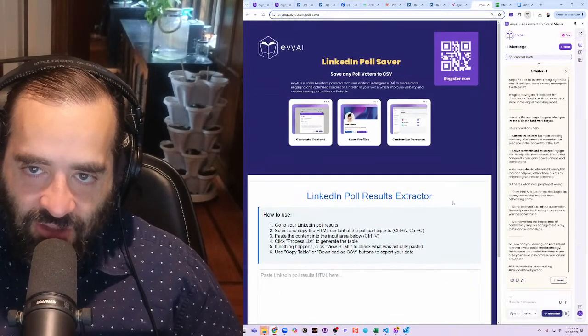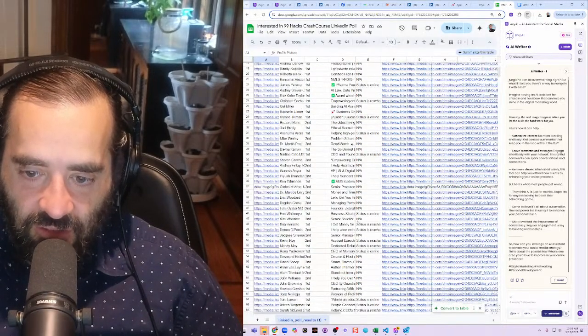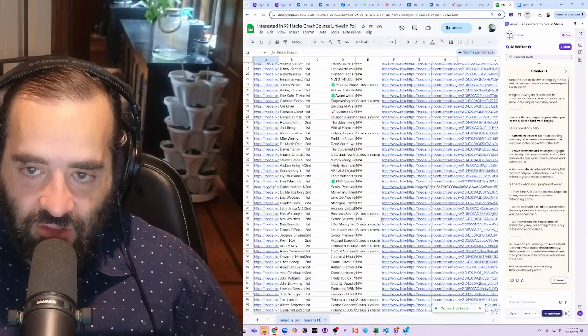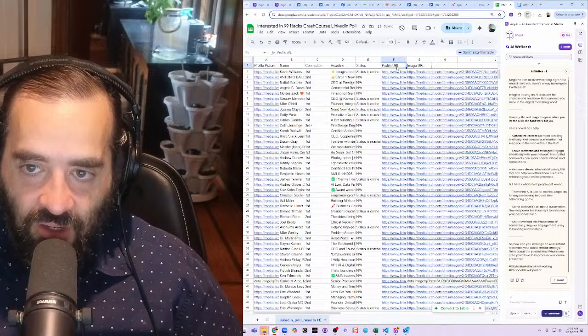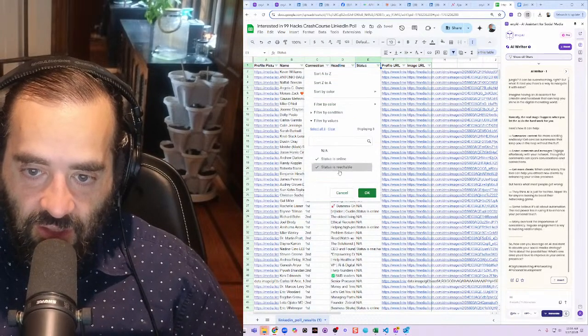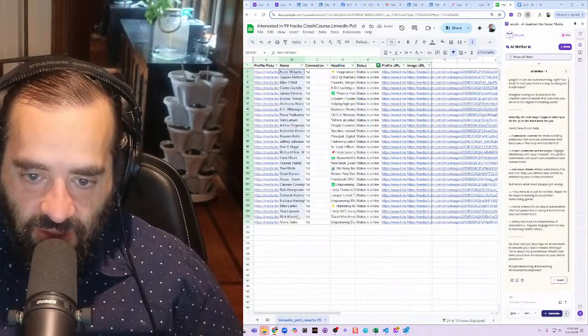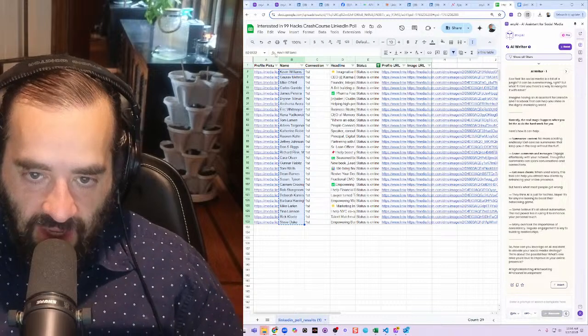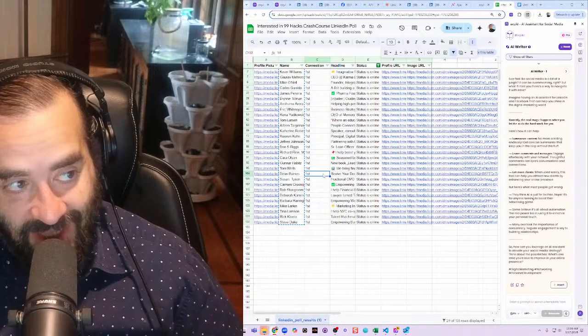But the poll extractor is really useful for me because now I have all the people that are interested here. You see that? And I can see who's currently online. So if I want to click on View, Freeze, Row 1, and then I click on Who's Online, now I click on this right over here, and I click Status is online. Now I can see all these people that are online. So if I want to tag all these people in a new post, I can copy these people and tag them in a new post. I could even save them